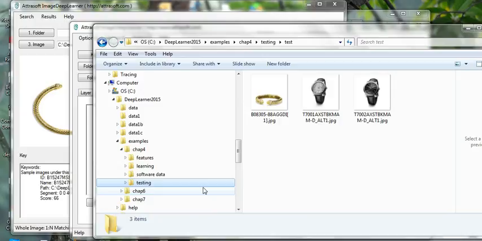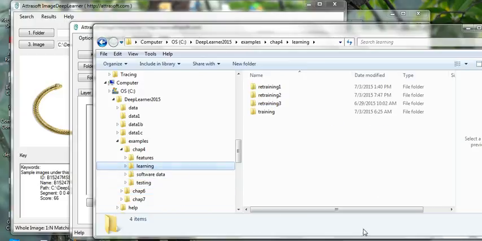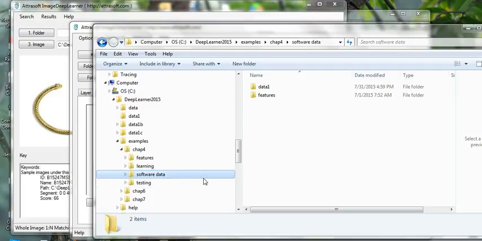So to summarize, we need 4 folders. We need some data for generating features. We need to use the same data to create some variations automatically, of course, to teach the software what is a match. We need some data for testing the result, and we need